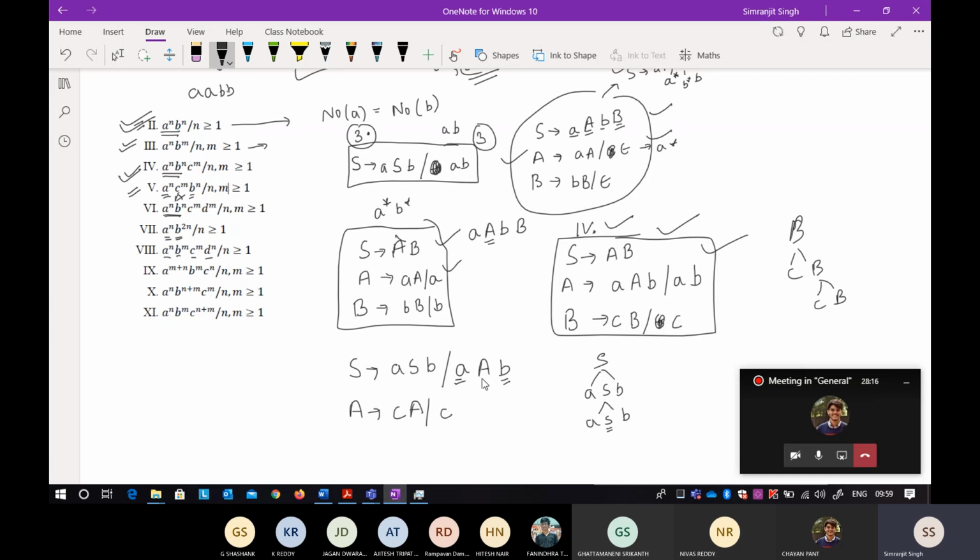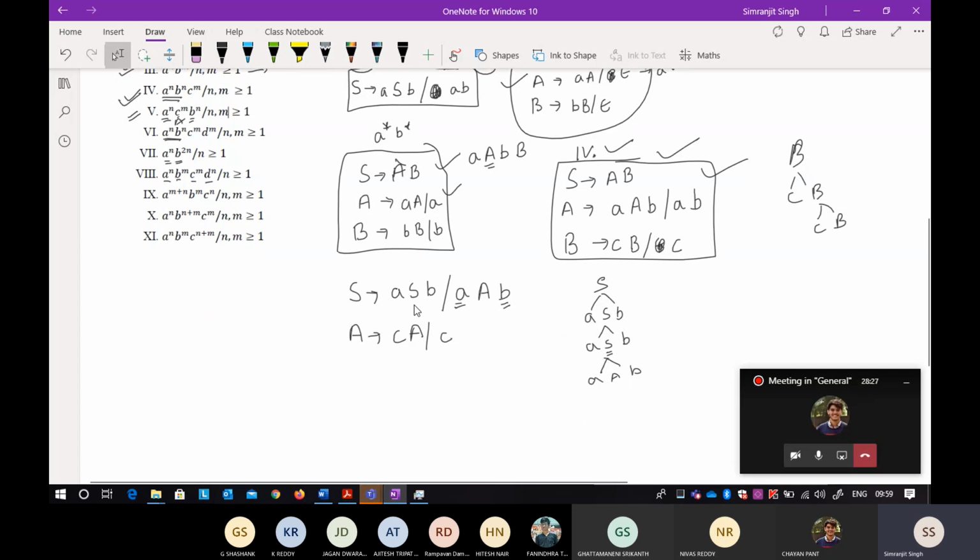By getting to A. So how can I get to A? I can get to A by using aAb. So it will be ab. Now I also get a minimum one c in the expression. So how can I stop it? If I want to stop it, it will be c. Now number of b's are definitely equal, but there is at least one c in between. If you want many c's, you just take cA, any number of c's can be in there. So it can be done like that.